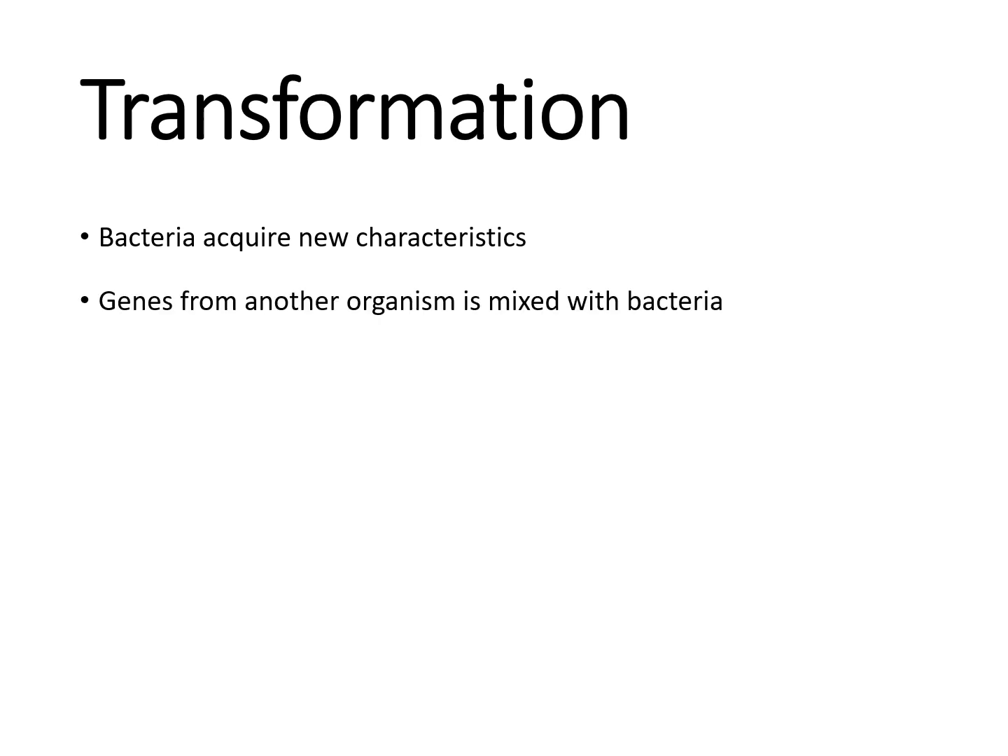Transformation would have been an experiment you would have done if we had been in class. From the virtual lab you did before, you know that this is a way for bacteria to acquire new characteristics. This occurs because genes from another organism are mixed with the bacteria. The bacteria will take in those genes, and then the bacteria produce the encoded protein. So the overall process: